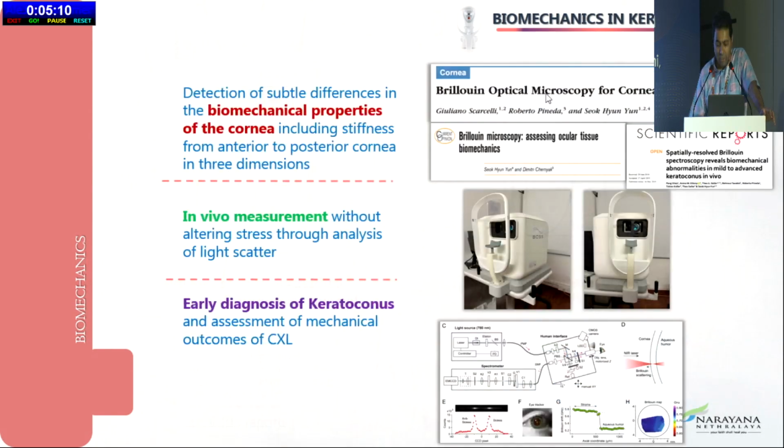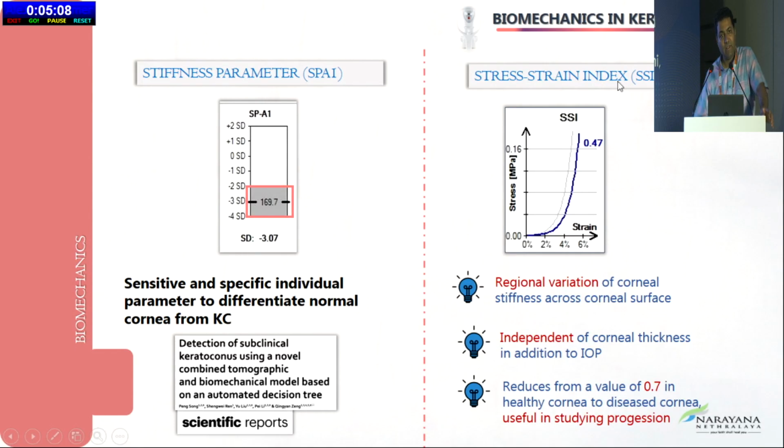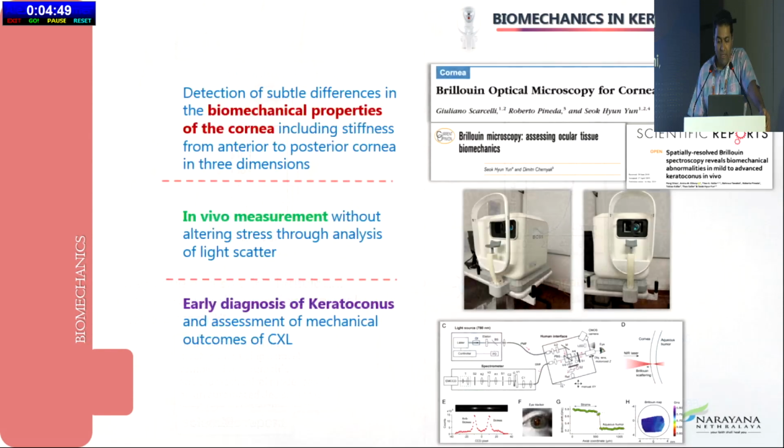The other thing which is not dependent on the IOP is the stress strain index, by Ahmed Elsheikh, where closer to 1 means it's stronger. And again, this is independent of corneal thickness. But when you look at biomechanics, you have to look at things which are independent of corneal hydration, thickness, and IOP, because otherwise everything gets affected by these things. The Brillouin is a very interesting concept which looks at the biomechanical modulus at different parts of the cornea. But I have never seen a more